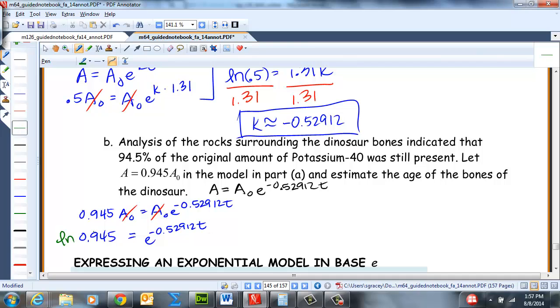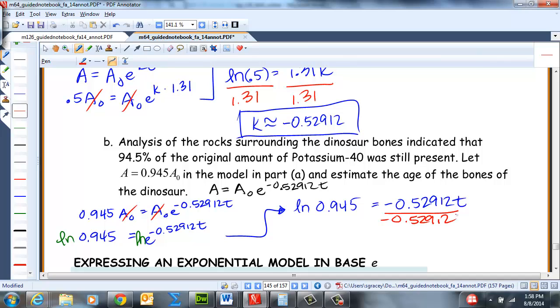Then, evaluating the natural log of both sides, we will have natural log of 0.945 is equal to negative 0.52912t. And then dividing both sides by negative 0.52912, we'll have